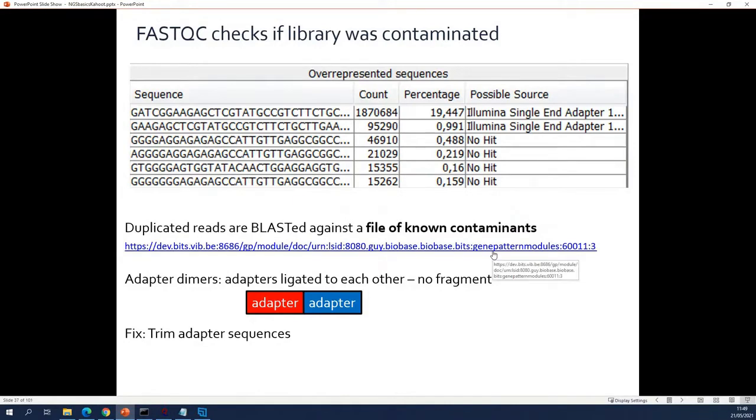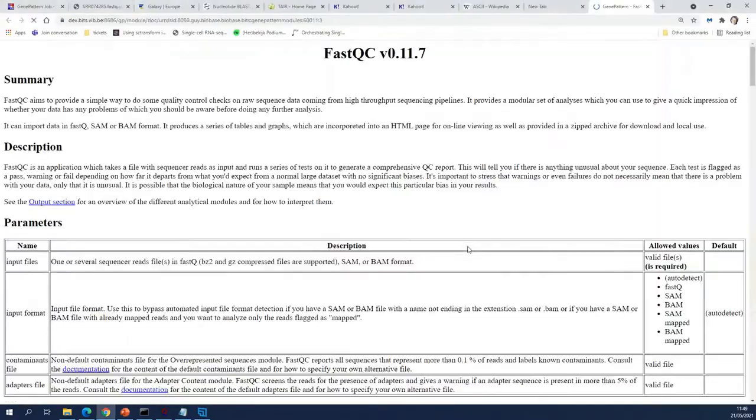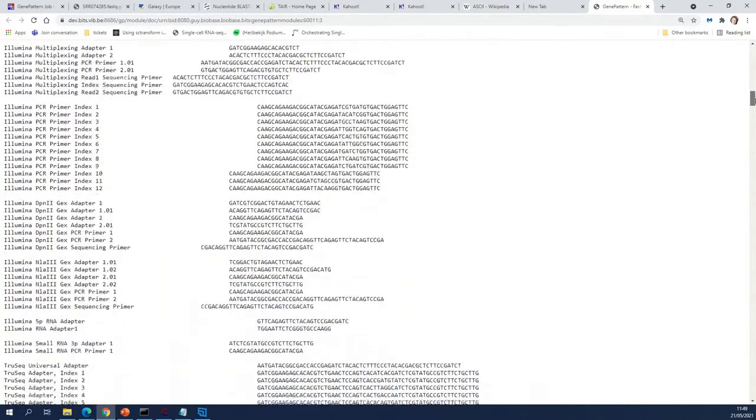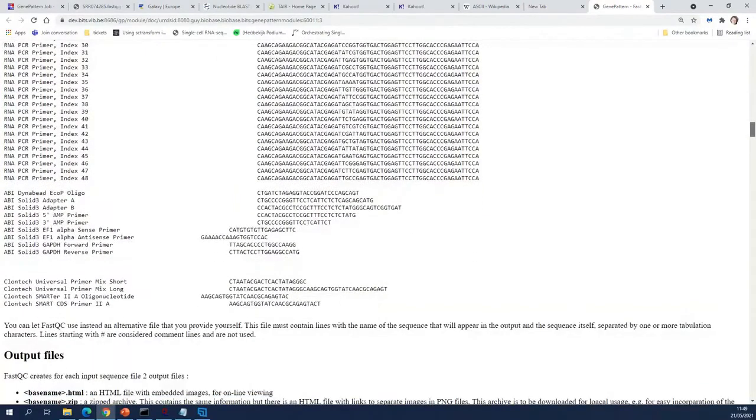If you want to know the sequences of all the contaminants that it is checking, you can take a look in the documentation. These are all the sequences of all the adapters that are being checked by FastQC. Normally, if you don't do an exotic experiment, your adapter should be here.